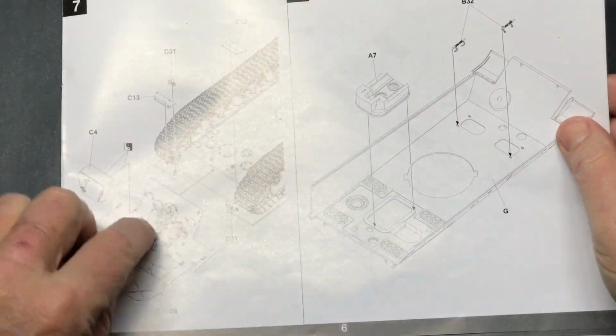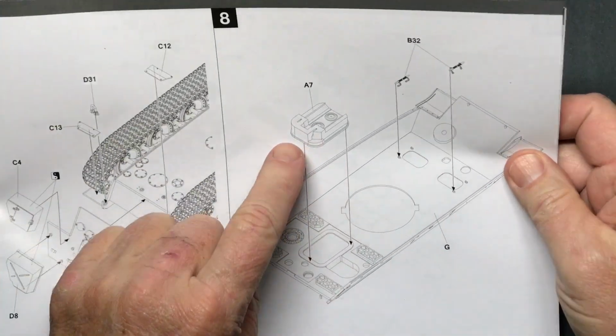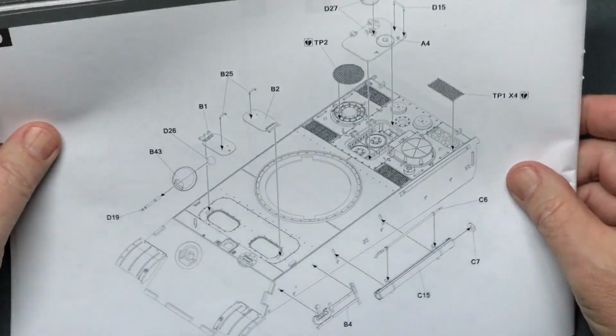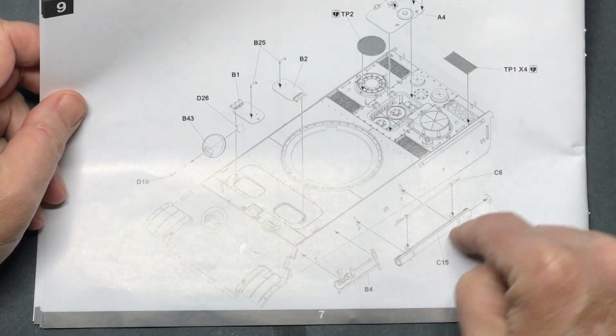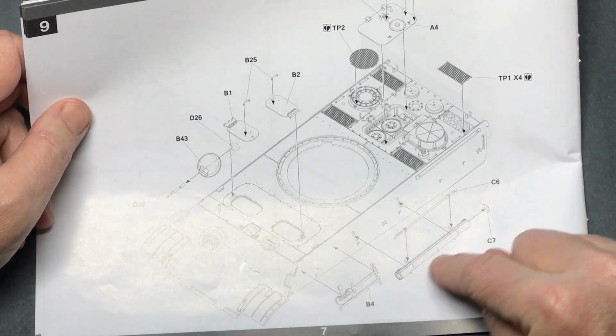Here we've got the toolboxes being glued on, the back plate. It's got a rudimentary engine that can go in there. I did not include mine because it is not visible at all. Then we get into the upper hull parts. Just, again, simplified stuff like this